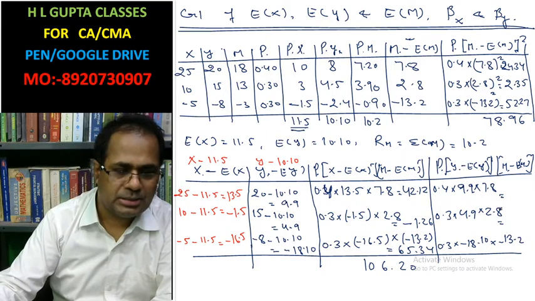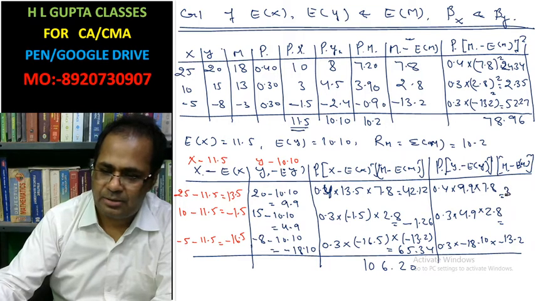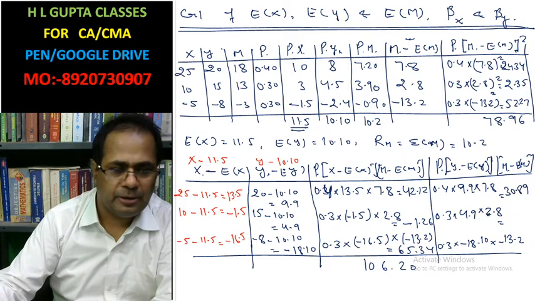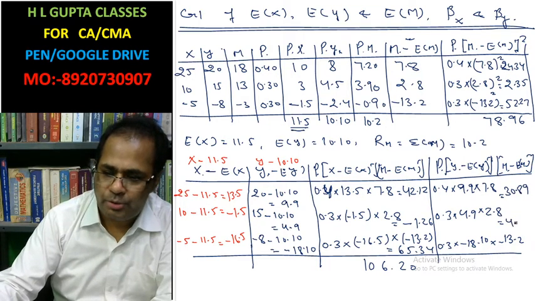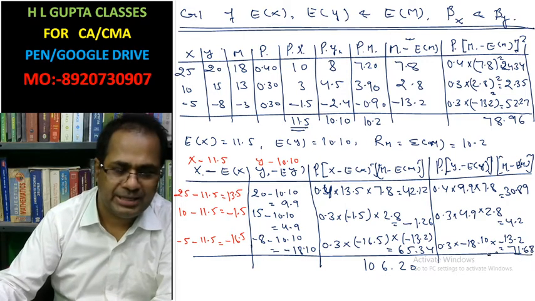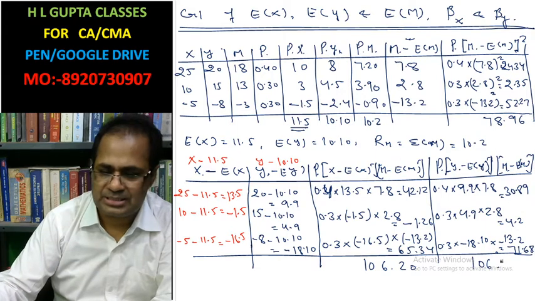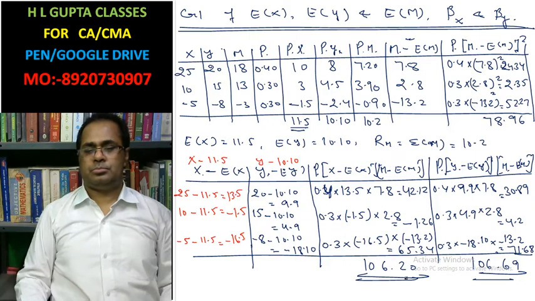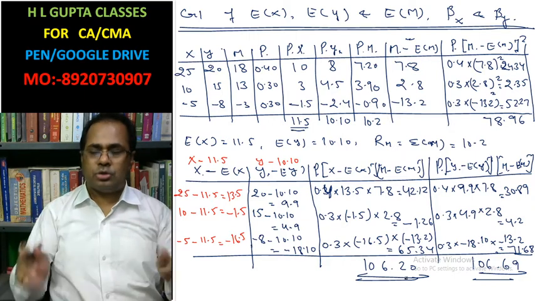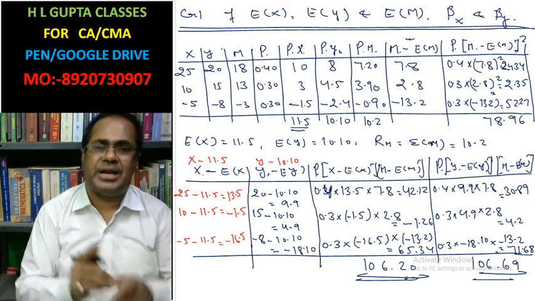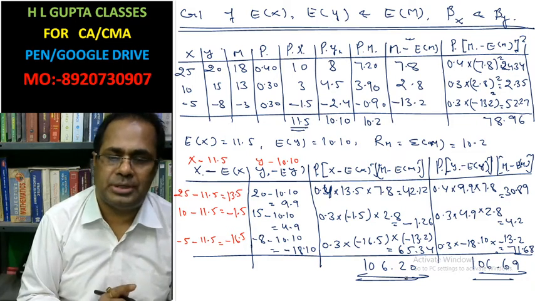Then what will be this? 30.89, 4.12, and this you have 71.68. After adding these you will get 106.69. Okay,